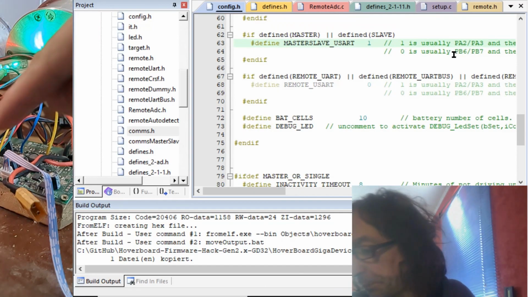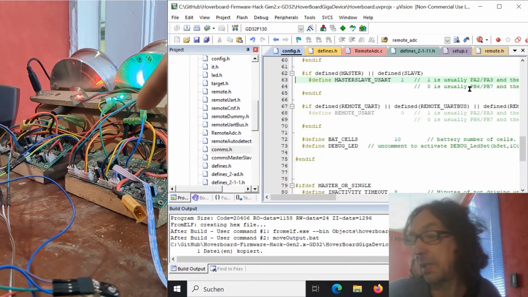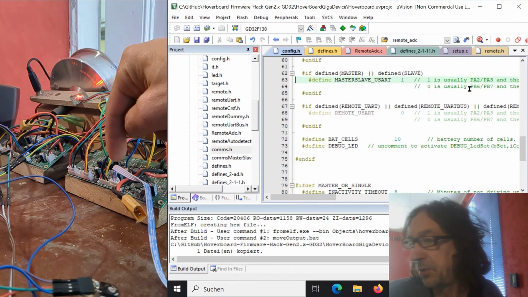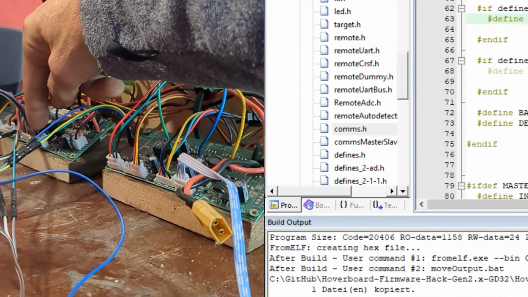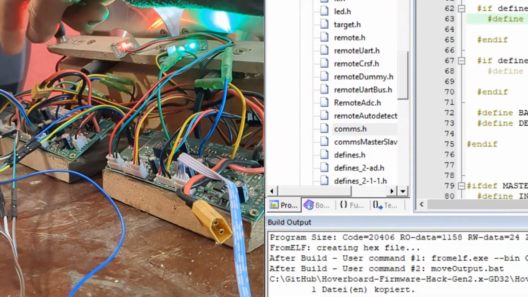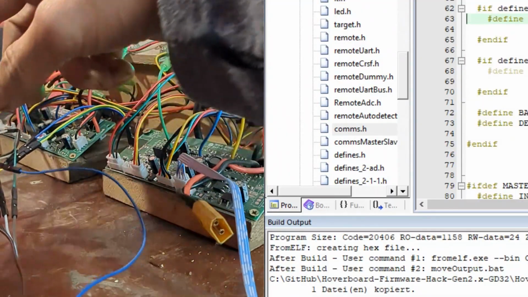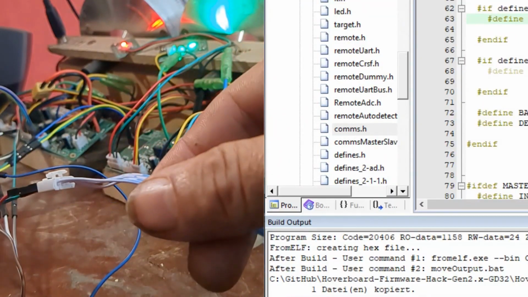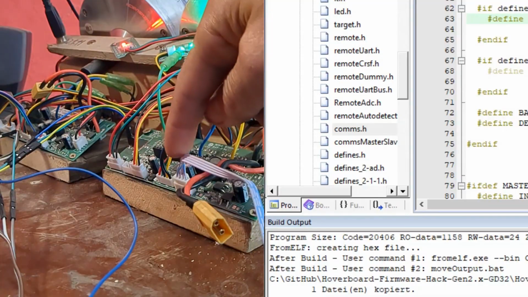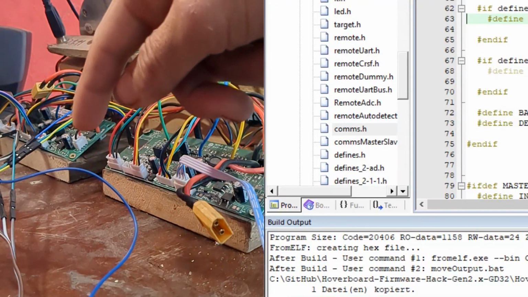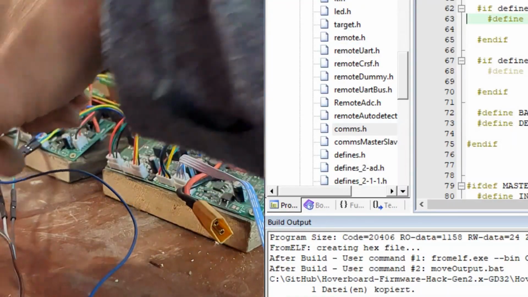And here you see, as this is the only way, the only analog pins available are the master slave serial. That's PA2 and PA3, and therefore this input goes here to the master slave header. Do not connect the 5 volt. The 5 volt here are going to the master slave cable to turn on the slave. So that's okay to get the 5 volts still to the slave. You have to get 3.3 volt, and you can get them here from the flash header. So here that's white going here to the